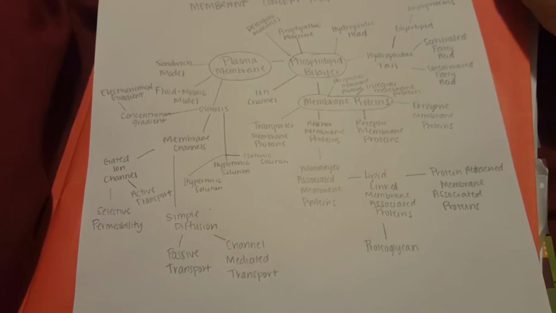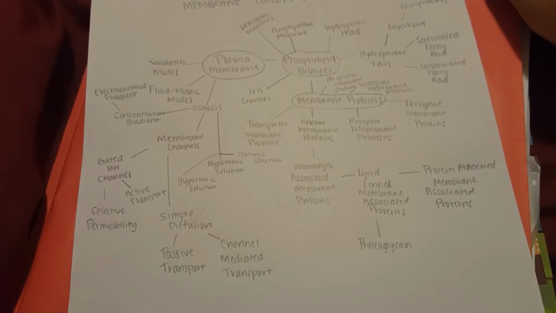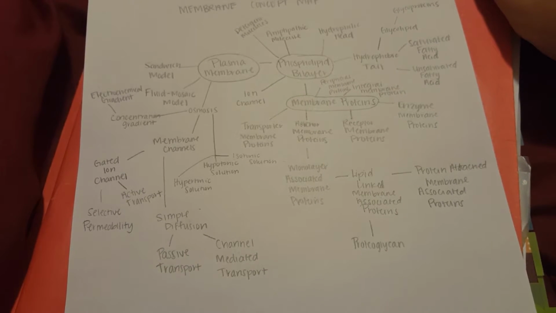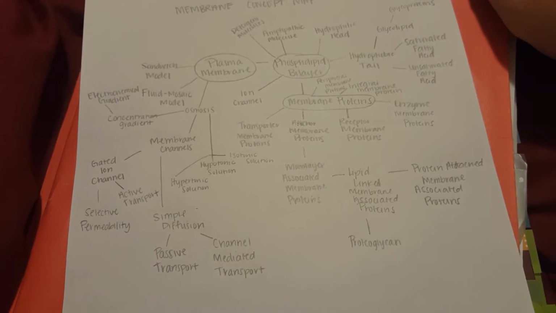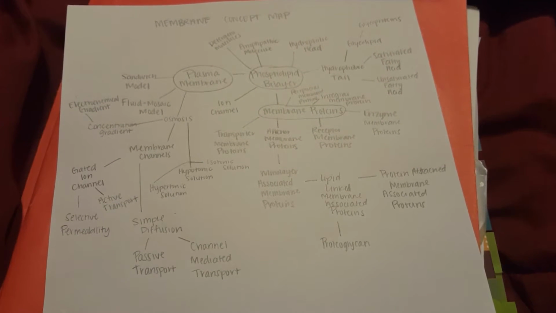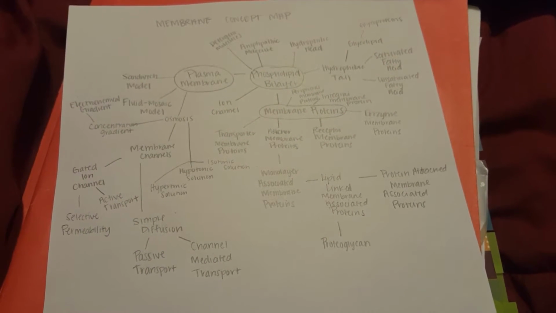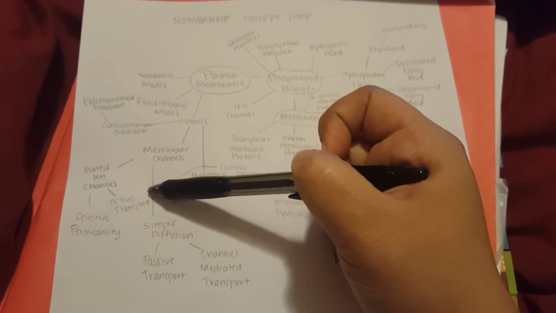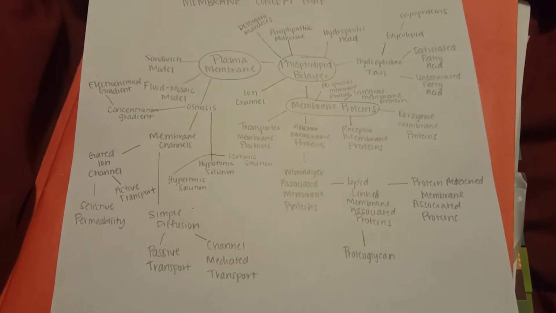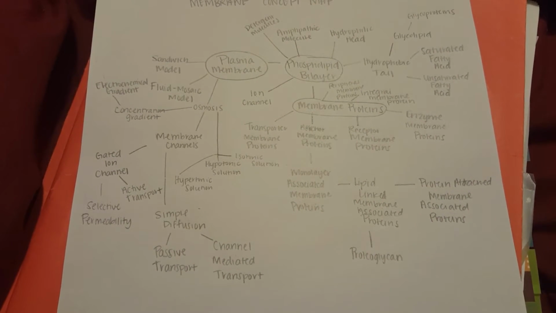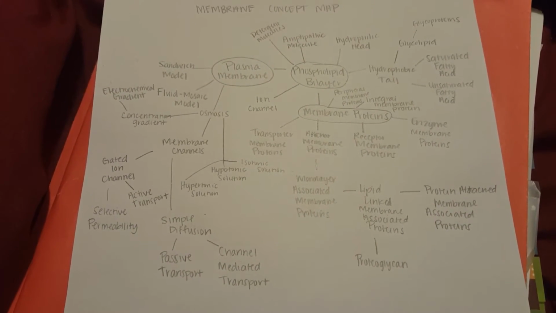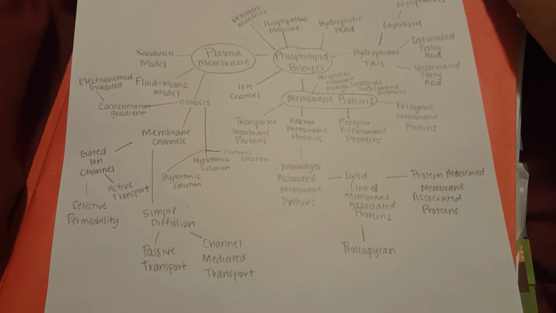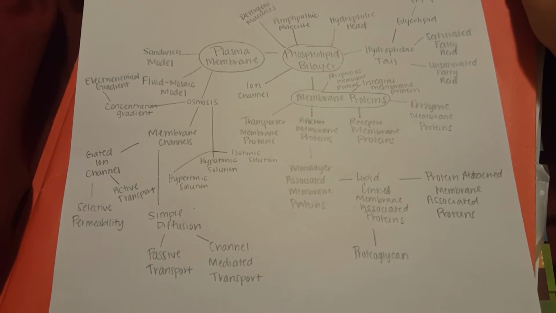And with the gated ion channel, the transmembrane proteins allow a flux of ions to pass only under certain circumstances, and that is similar to active transport, which kind of needs a boost, or it does need other things for it to pass through the membrane. And also selective permeability is like a gated ion channel because